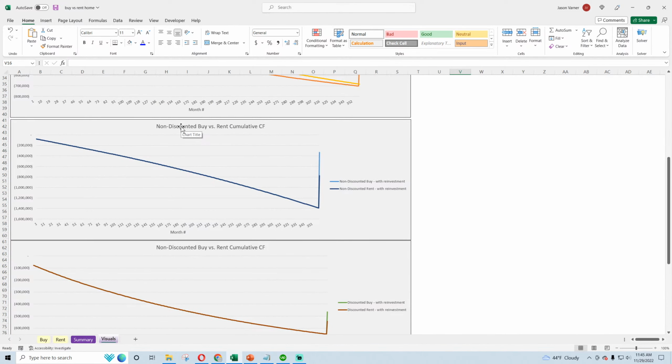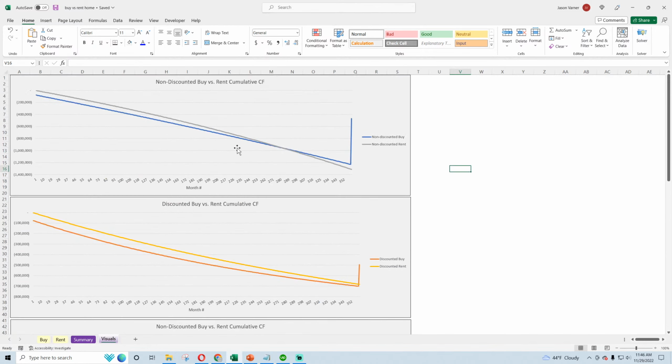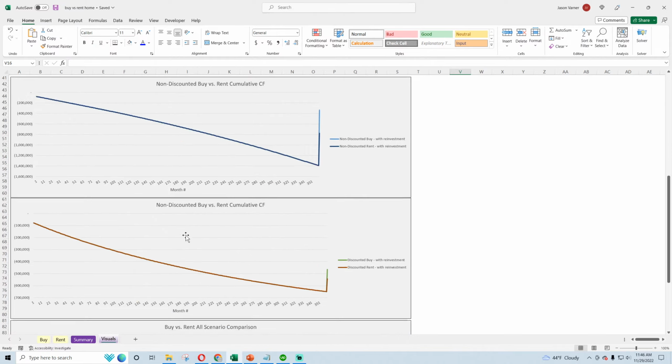And I think the discounting is important because one of the biggest pieces of the reason why you want to buy is the home value at the end, and discounting gives you a true value of that versus saving the money now by renting. So that's why I think this discounted buy versus rent one here is pretty interesting to see. Okay,